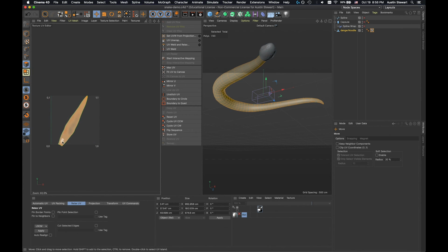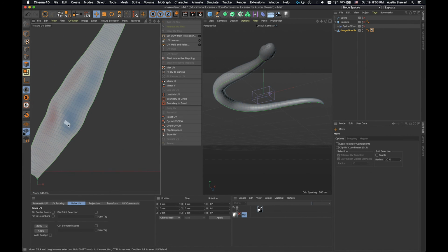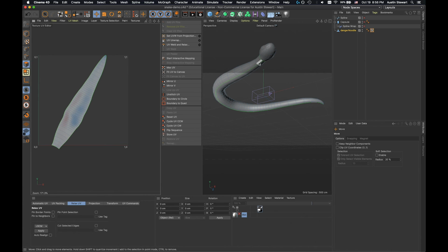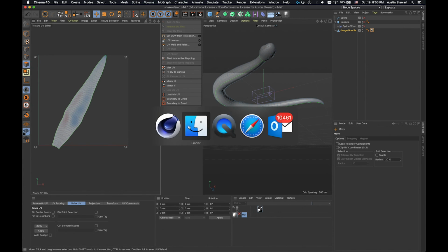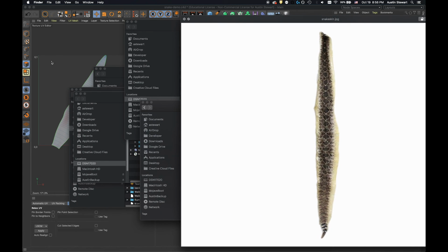So now you can see that what that did was it actually brought this back down to a more reasonable size, right? And so it's up to you what you want to do. You could experiment with it being super spread out like that. I know from just that source image that I want to use that this is maybe